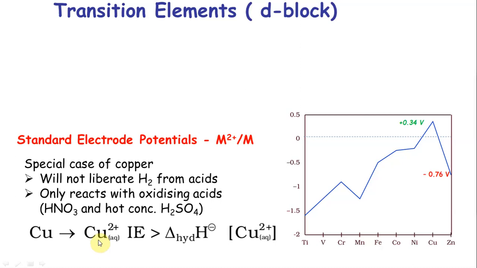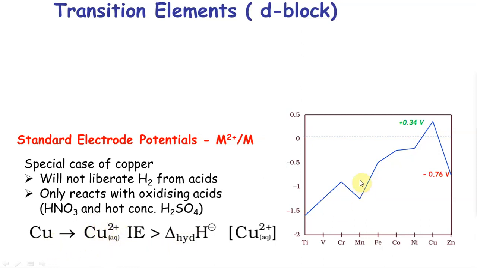If this has to happen, somebody has to stabilize the metal ion. That is basically your hydration energy, putting in water. For all the metals, the hydration energy is very high, so they love to go to the corresponding metal ion. In copper, the ionization energy, the energy I have to spend to make copper go to copper 2 plus, is higher than what I would gain by hydration energy. So it's basically a competition between the two. Ionization energy is the energy I need to put in, and hydration energy is what stabilizes. It doesn't stabilize as much, so copper does not want to be copper 2 plus. It loves to be copper plus.